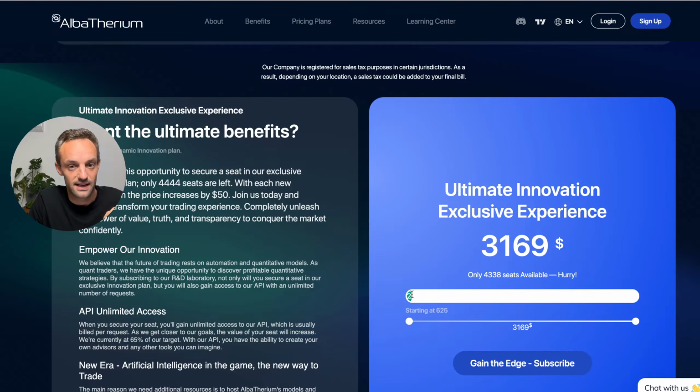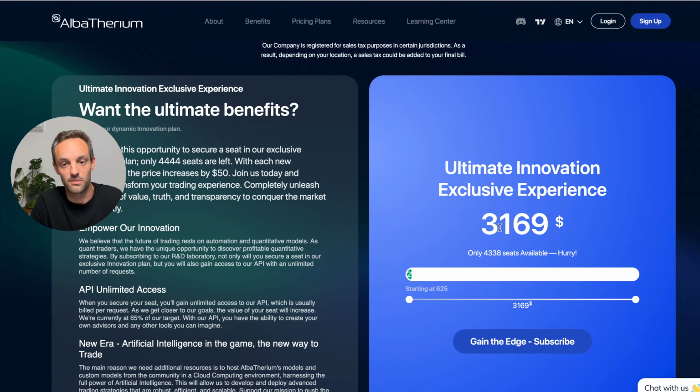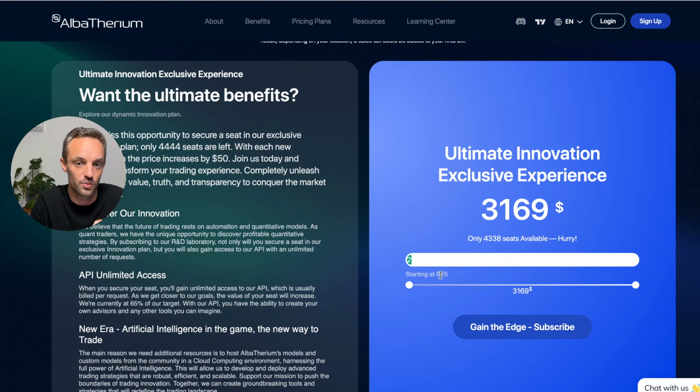So you need to understand that this lifetime membership, the ultimate experience premium, will always increase. The price will always increase with every new member. It says here starting at 625 US dollars, and there are only 4,000 seats available. Up until these 4,000 seats are taken, the price will increase massively. You will see this with every new lifetime member. This price will increase, and by this, we restrict the access to these tools,